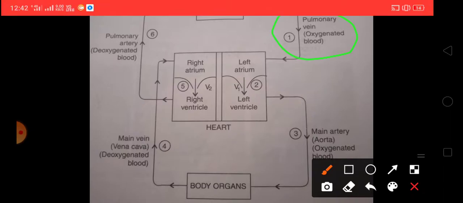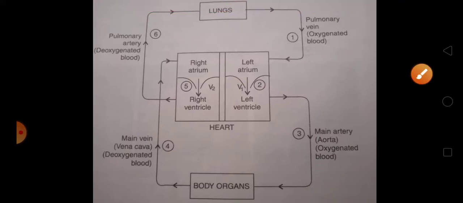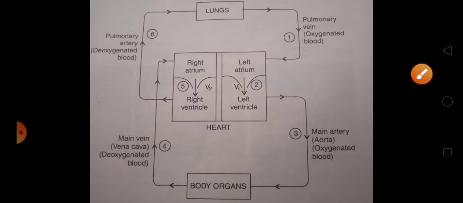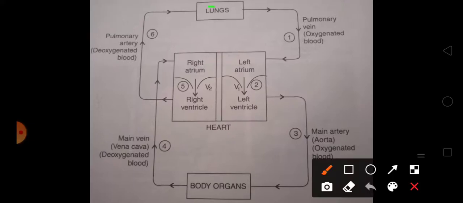These pulmonary veins bring the oxygenated blood from the lungs into the left atrium of the heart. Try to understand, when the pulmonary veins bring oxygenated blood, where does it go? It goes to the left atrium of the heart. When the left atrium contracts, the oxygenated blood is pushed into the left